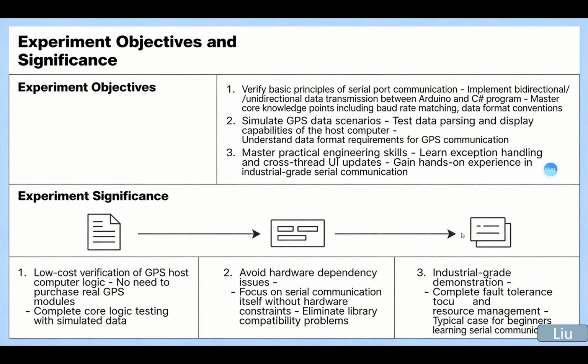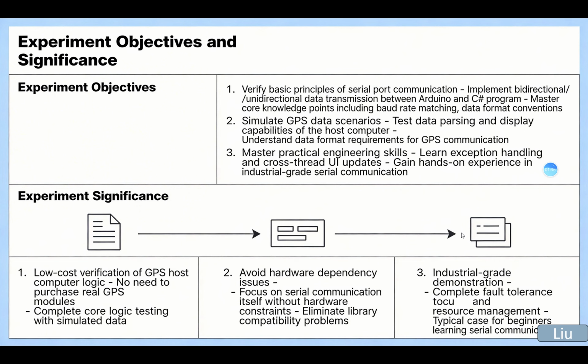The second one is simulate GPS data scenarios, test data precision and the display capabilities of the host computer, understand data format requirements for GPS combination. The third one is master practical engineering skills, learn exception handling and cross-thread UI updates, gain hands-on